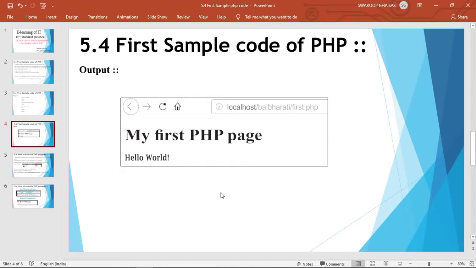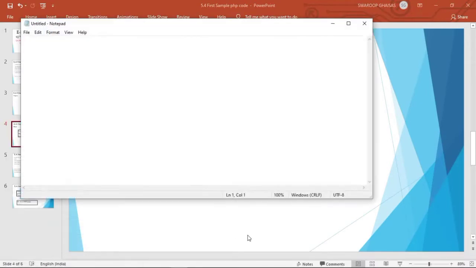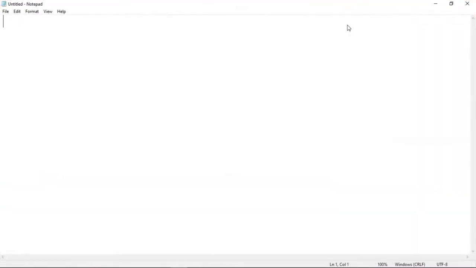Okay, so first of all let us write down the code. To write down the code, we have to first of all open a notepad. You can use any editor to write down a program. The program will start with doctype. So doctype HTML. After that the HTML tag starts and close the HTML tag. Within the HTML tag, let us add a body tag. Body tag open and end the body tag.